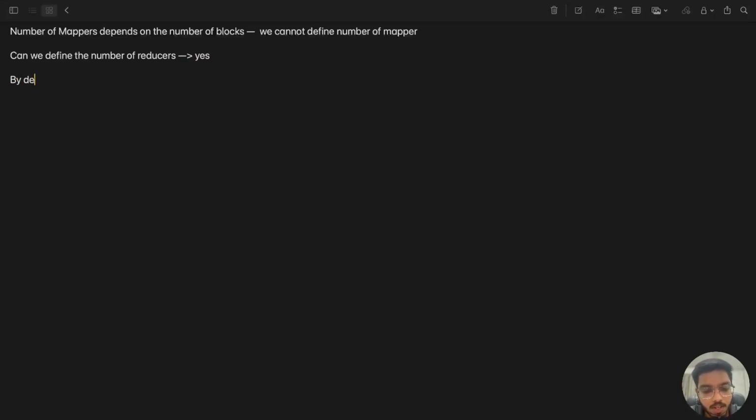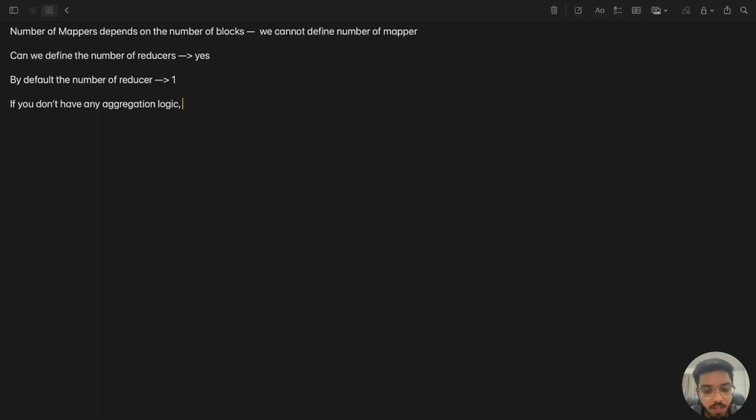By default the number of reducers is equal to 1. If you don't define anything, there will be one reducer that will be created by itself, even if you are not doing anything in your reduce logic. If you haven't even written your reduce logic, and you have just written your map logic, in that case also your reducer will be running. Maybe it won't be doing anything, but there will be a reducer. But if you don't want to do any aggregation, you just want to do some filtering, pre-processing, cleaning of the data,